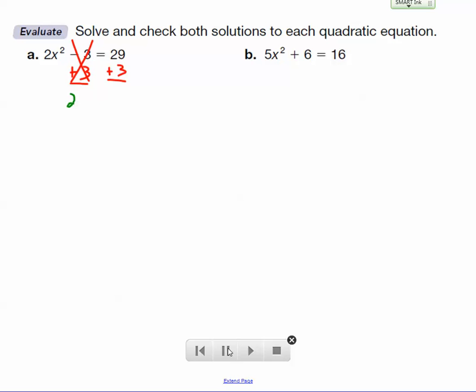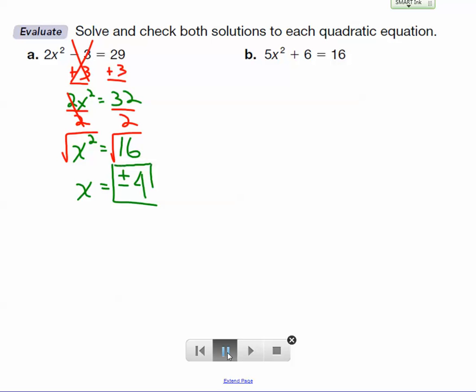And that'll give us 2x squared equals 32. Okay. Now we want to divide both sides by 2, because that'll give us x squared by itself, and that'll give us x squared equals 16. Now the last thing to do to solve this equation is to take the square root of both sides, and that'll give us our answer,